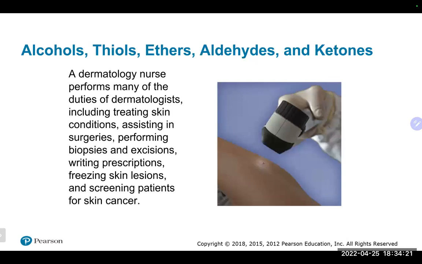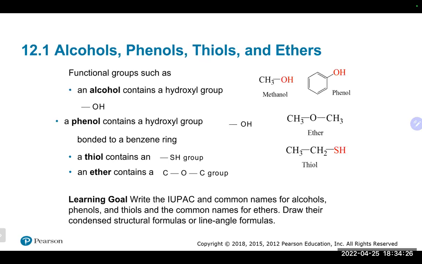So in this chapter, obviously, we'll talk about alcohols, ethers, aldehydes, and ketones. But again, we'll just focus in here on alcohols. So the alcohols, like I said, have that functional group, which is the OH. So as soon as you see that group on anything, that is considered an alcohol. And as you can see here, not surprisingly, they are pretty much named very much off of those first 10 alkanes. This is a one carbon alcohol. One carbon is methane. Alcohols end in OL. So this is known as methanol instead of methane. So it's methanol. OL is the alcohol.